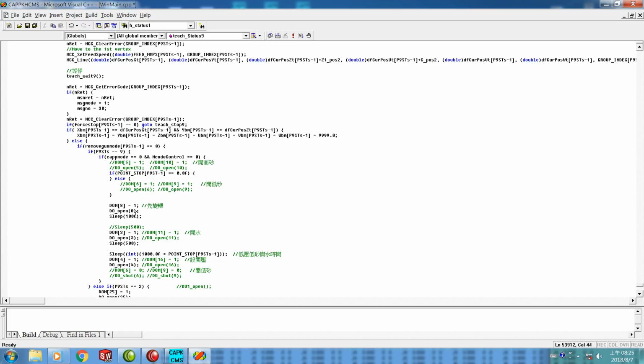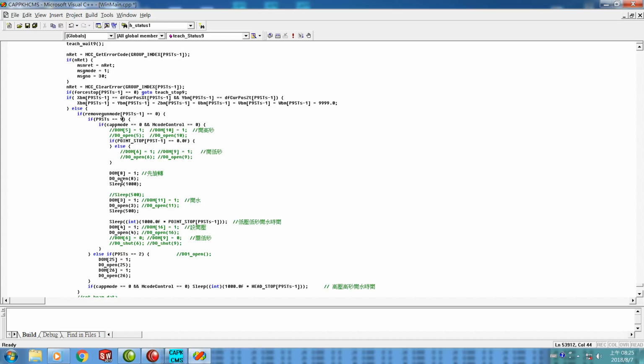The DO open 8 written by Modbus will open the output delay 8. The PLC always has delay, so we sleep 1000 microsecond. That means for 1 second